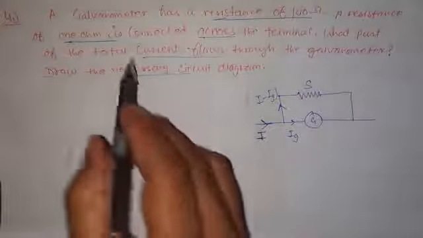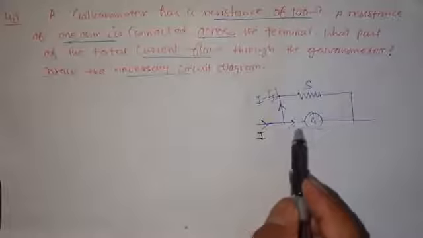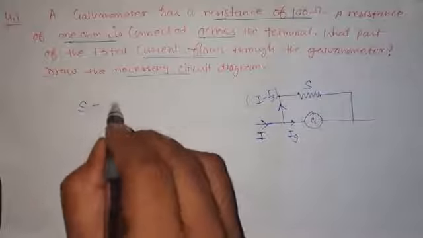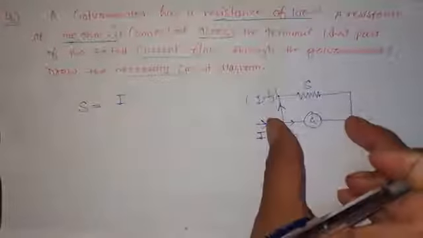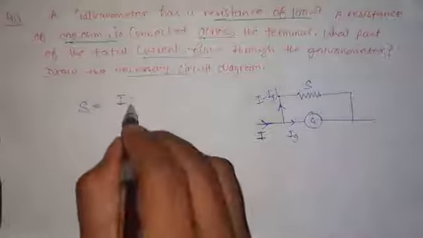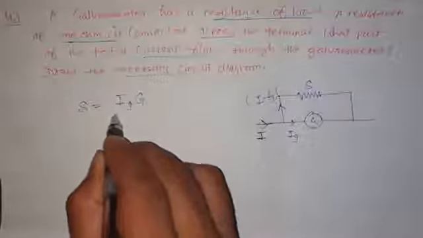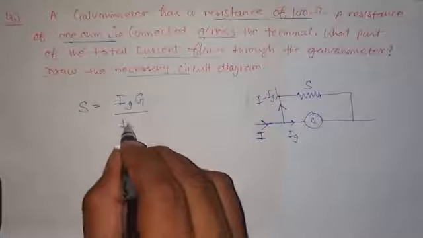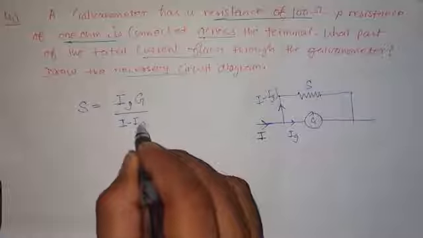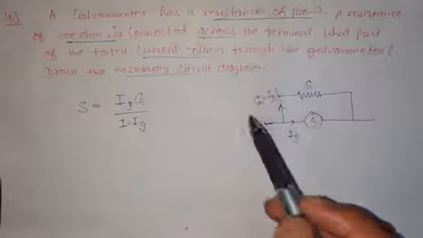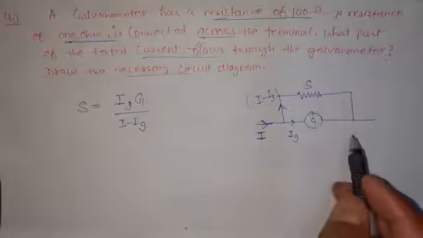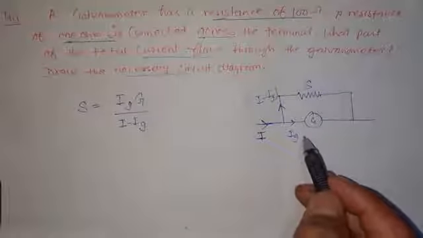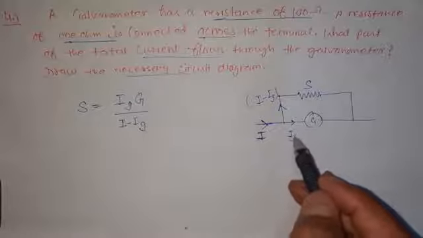And now over here, how much is the current which is passing through this galvanometer? As we know, how do we find out this shunt? The voltage across this galvanometer is current into its resistance, upon the current which is passing through the shunt, so it is I minus Ig. Over here we need to note that the range of the ammeter is not given to us. It means I is unknown to us and Ig is also unknown. But still they are asking us how much is this Ig.